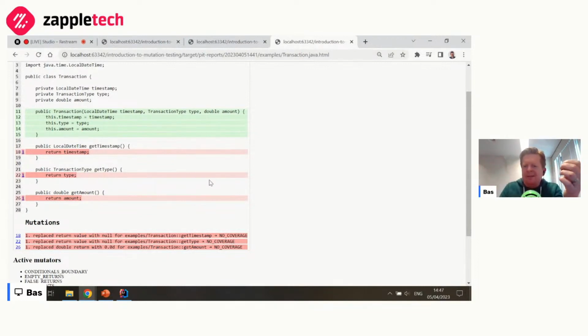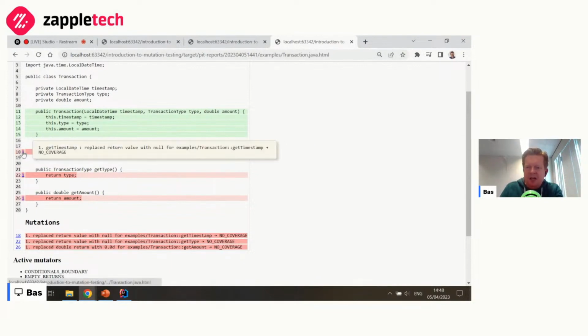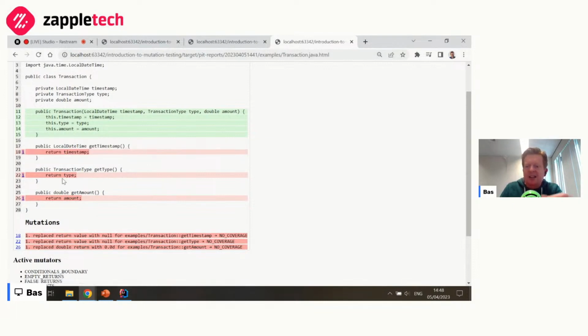There's often not a lot of logic in these classes, which means you probably want to exclude them from your mutation testing efforts because, well, yeah, I replaced this with a null. It's probably not something that you want to address, or at least not what you want to address immediately.